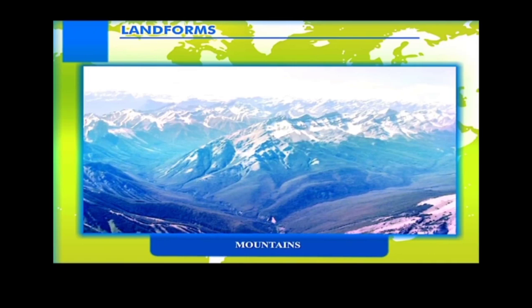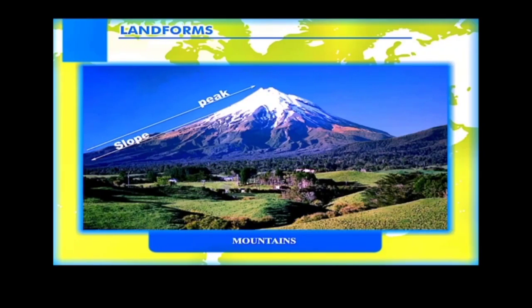Mountains are huge masses of land that rise to a great height of more than 900 meters in comparison to their surrounding areas. The mountain's top is known as a peak. A peak may be pointed or rounded, dependent upon the age of the mountain. The base of a mountain is generally wide and they have steep slopes which run from peak to the base.